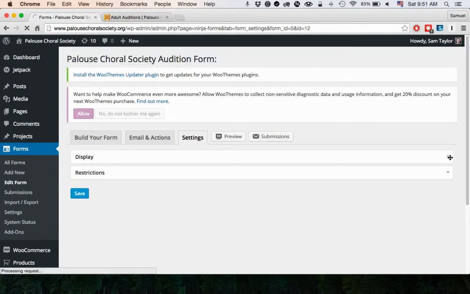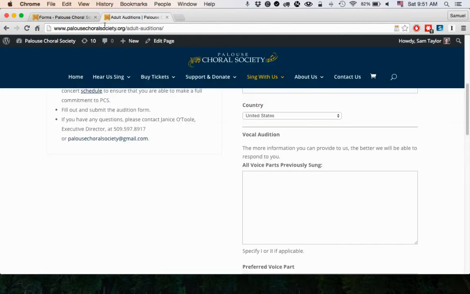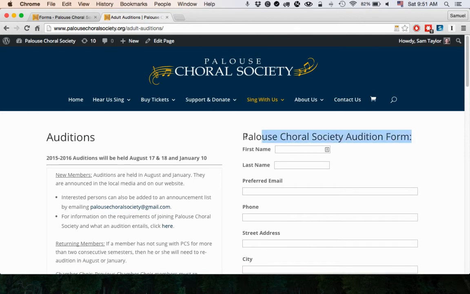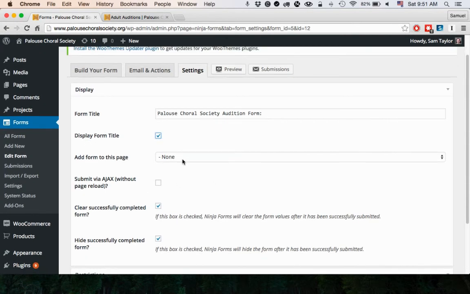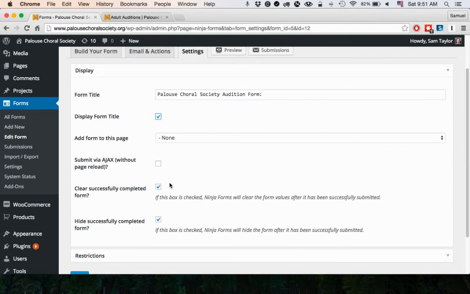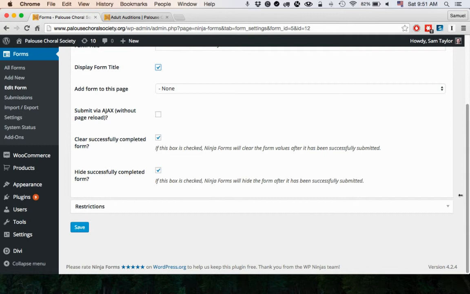The last thing we'll check out is the settings, and this has some basic display options for your form. The form title, obviously, and we've clicked display form title, which means that when we add the form to this page, this title will automatically show up, and that saves us a little work for adding an H1 tag or something like that. So we've got that selected, and I wouldn't bother with this. This is a little more complicated if you want to automatically add the form to a page. And then we've got a clear this successfully completed form, and that's when the message will show up. And those two are basically the same there. And